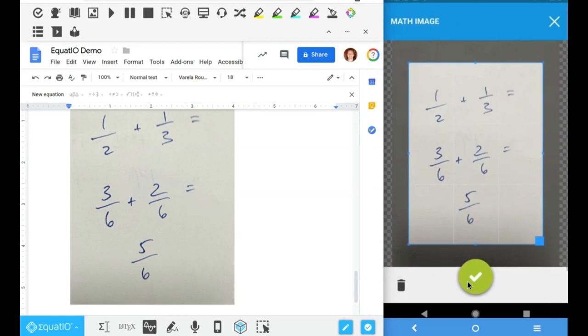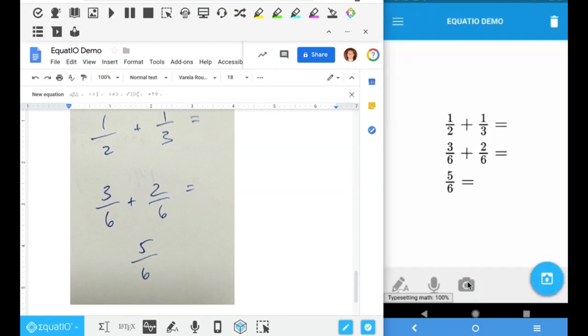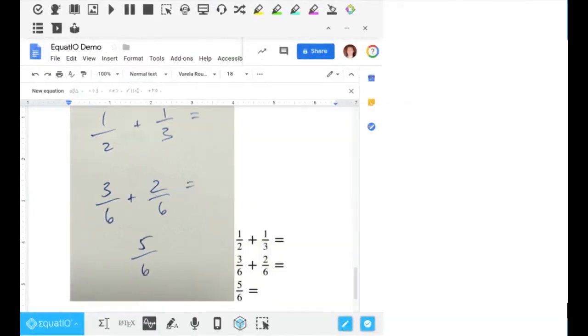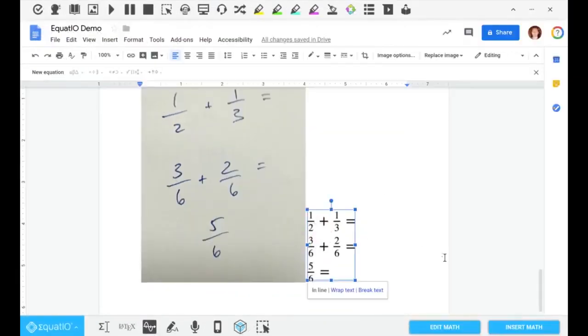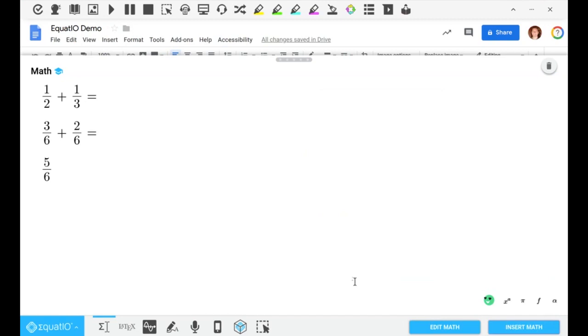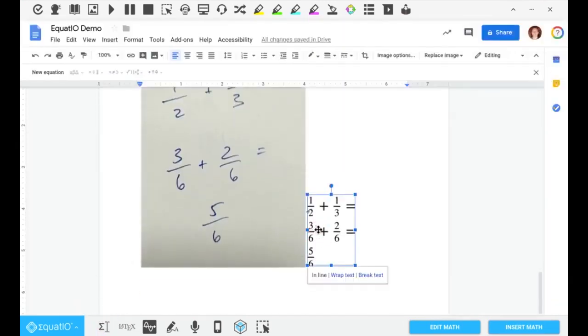The other bit I can do is I can also save this as math. And so I can go ahead and say, okay, let's take that picture. And now that it's typeset, the sweet part is I had that written down on a piece of paper, and then now it is typed in my Google document, and I can click on here and edit that because I don't want this equation at the end. And so now not only was it handwritten at first, now it's editable, it's in my Google document, and on top of that, it's also accessible.